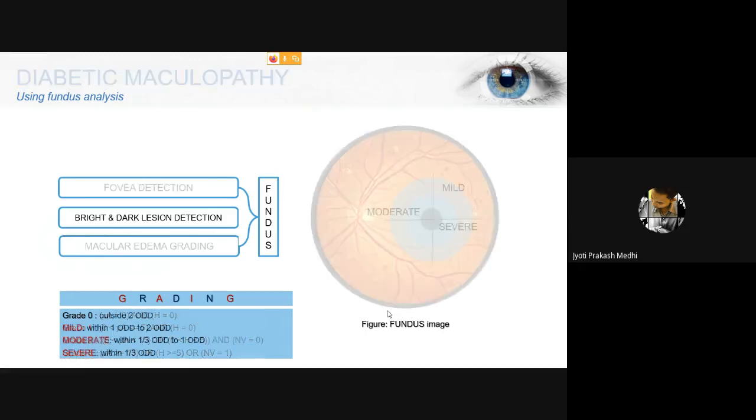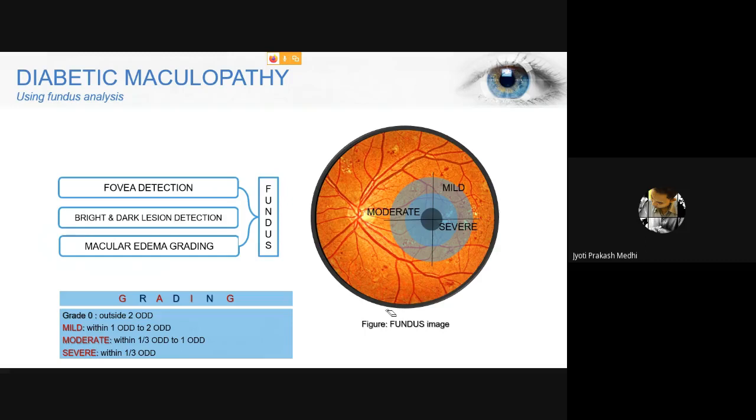Next, in order to classify or analyze the maculopathy, we have to identify the fovea first, because considering the fovea at the center, we have to determine the amount of abnormalities present in a circle of 2 optic disc diameter. Therefore, the first requirement here is the detection of fovea. In order to identify fovea, obviously we have to go for identification of other regions that are optic disc and blood vessels.